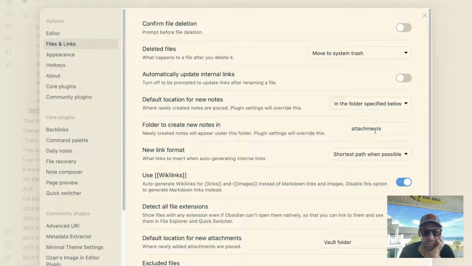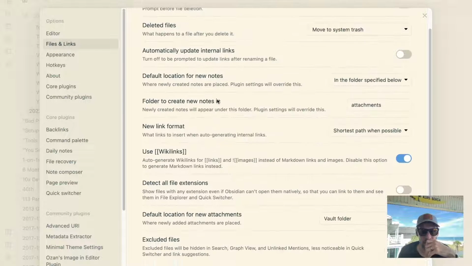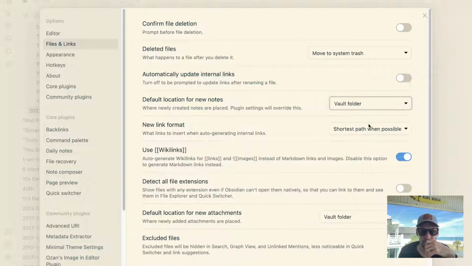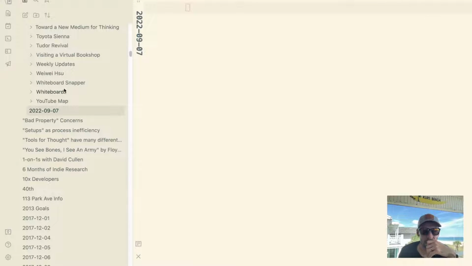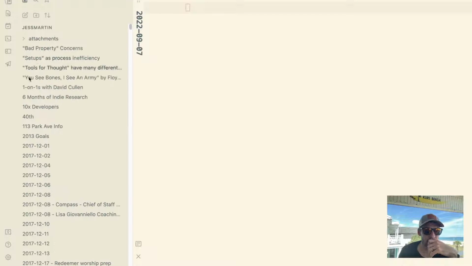Folders to create new notes in. When newly created notes are... Wait. Oh no. I think I did something wrong here. How about vault folder? And let's make sure that didn't break our attachments directory.